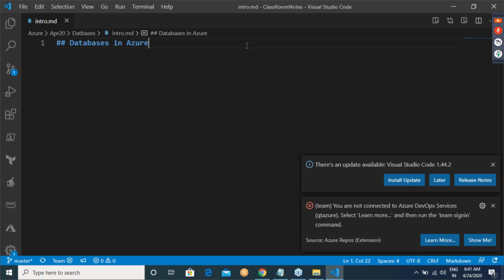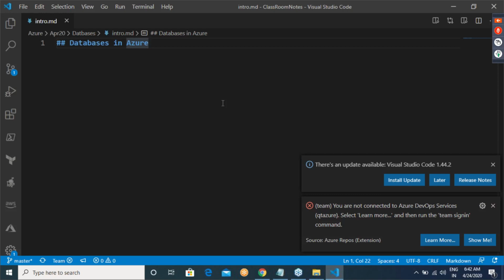Databases in Azure is still my word, but I am trying to speak about not only SQL kind of databases. It can be any form of data that can be stored on the cloud. So in Azure, or any cloud for that matter, there are a lot of ways of dealing with data.